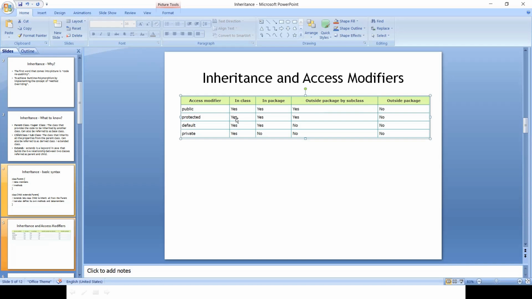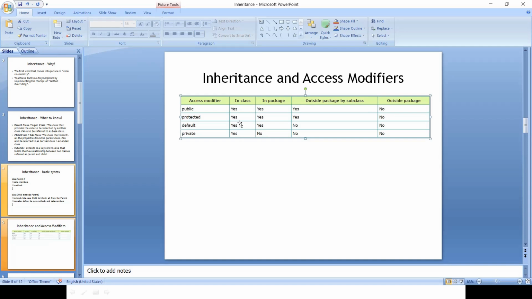It's the same thing with protected. In class, yes. In package, yes. Outside package by subclass, again with the extends keyword, yes. And outside package without the extends keyword, no. Default: when a class doesn't have any specified access modifier, Java considers it to be the default access modifier.